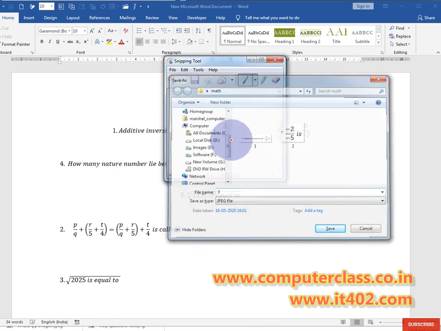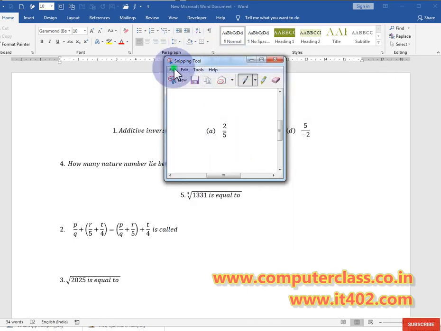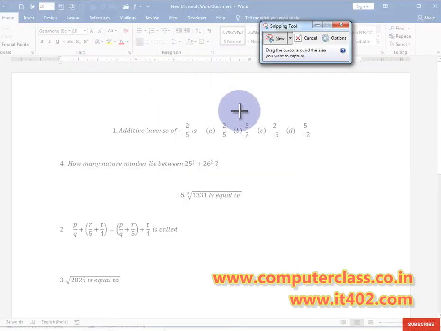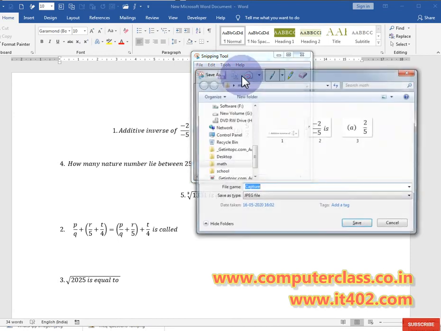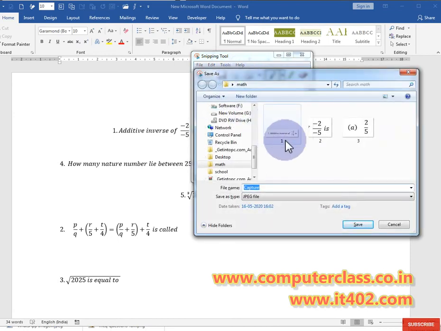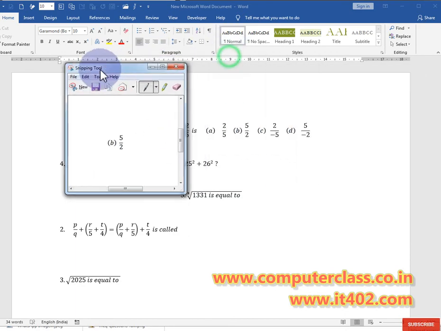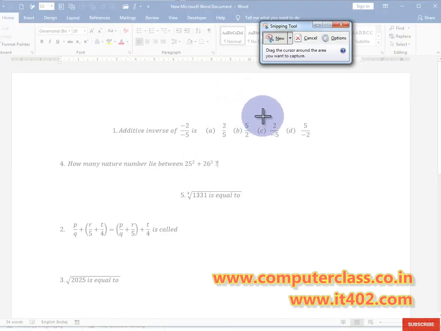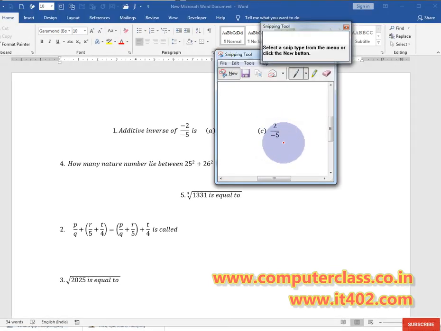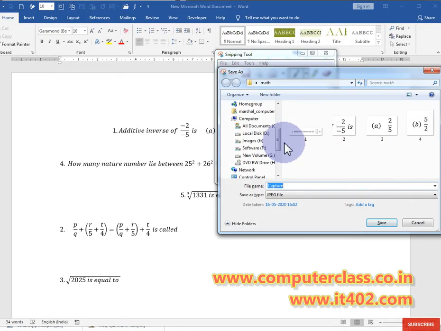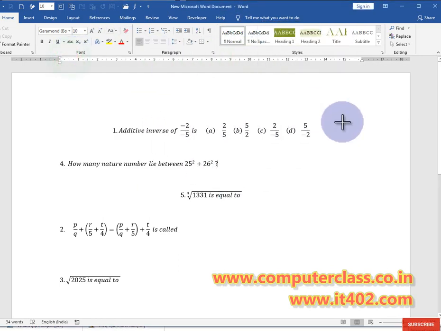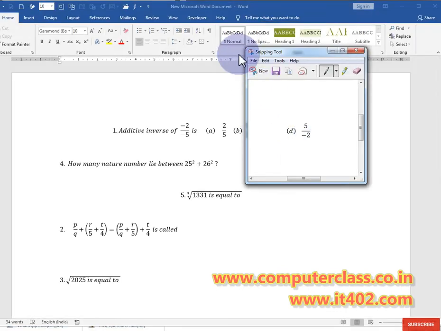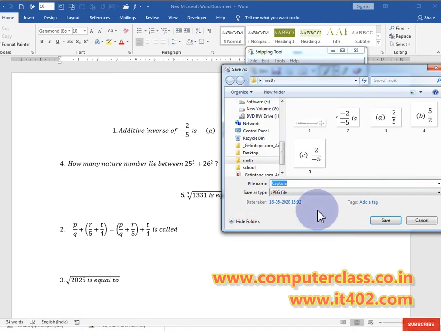Give the picture a name, click on file, then new, and by repeating this task you can convert a particular part of your equation into a picture. Save each snipping picture with any meaningful alphabet or number so that you can easily identify it. Use this, click on save as.